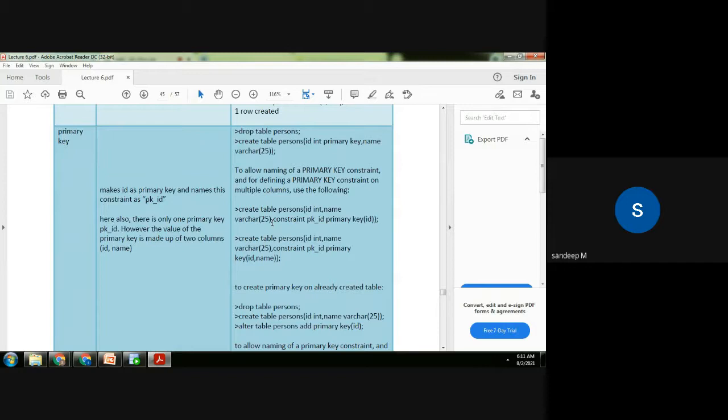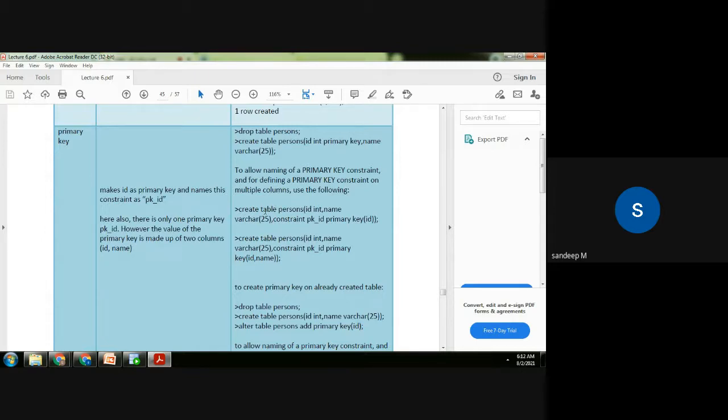In any table, there will be a primary key that will be uniquely identifying a row. So no two records in the dataset can have the same primary key. For example, in your college, no two of you will have the same registration number. That's a unique field. It doesn't make sense for two students to have the same registration ID. So that's the primary key. It's both unique and not null. You can't allow null values. Every student should have a registration ID. So that is primary key.